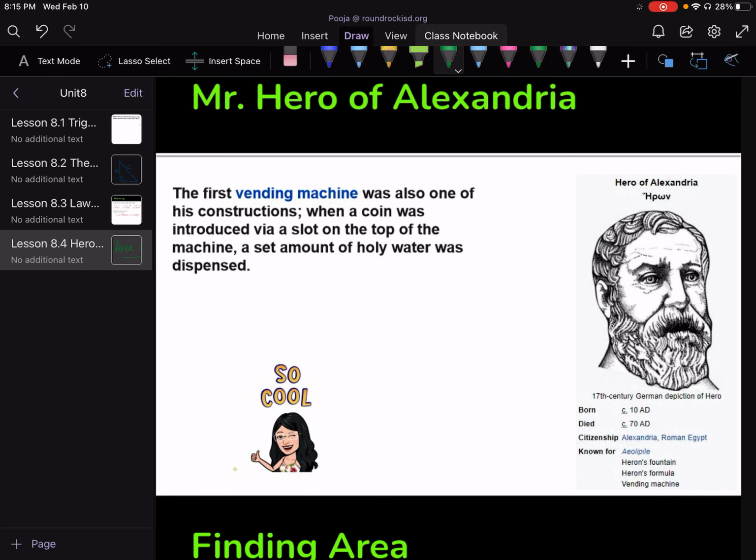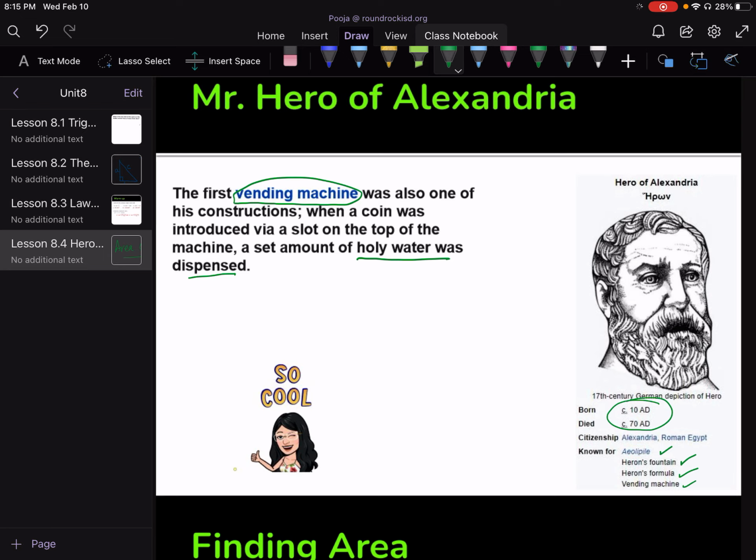Heron, Mr. Hero of Alexandria. He existed from 10 AD to 70 AD, so about 2,000 years ago. He's also known for what we now call vending machines. When a coin was introduced via a slot on top of the machine, a set amount of holy water was dispensed. He's also known for Heron's formula that we're using right now, Heron's fountain, and the aeolipile,